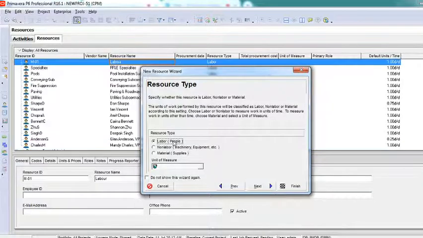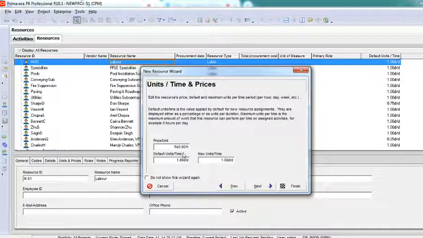I'll say it's a labor, and I'll say next. You can see a price per unit. I'll say 800 rupees, sorry, 400 rupees per day. By default I need 5 masons or 2 masons to be added in each and every activity, or you can call it 1 also. Usually 1 mason per day, and the maximum masons I have is 10. And 1 is what I'm going to add. I'll say finish.